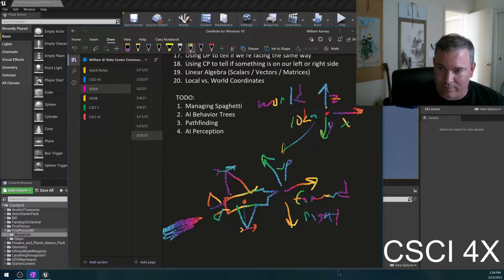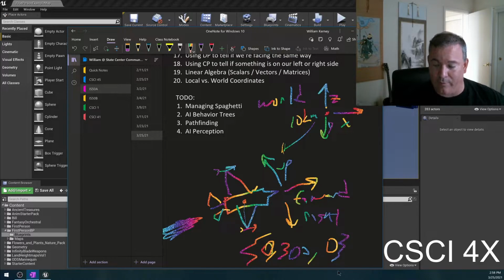In the local coordinate space, you're exactly right. This number is going to be like 3 meters or something, right? Like however big the wing is. And so this guy's location is going to be 0 forward, 3 meters right, 0 meters up. So yeah, it will be smaller numbers. That's true, and it's easier to work with. But